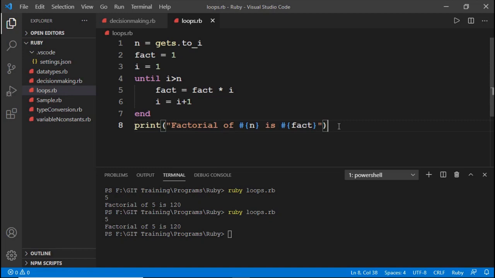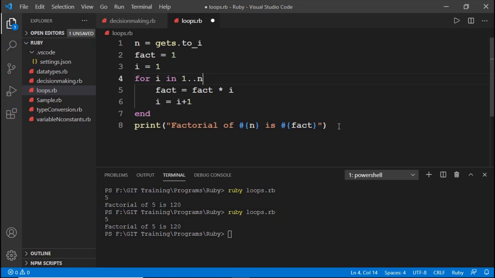Now coming to the third looping statement, that is for. A for loop also executes a block of code zero or more times. Here is the simple syntax: for a variable in an expression, where the expression represents the range. Here there is no need to mention the initialization value and the condition.